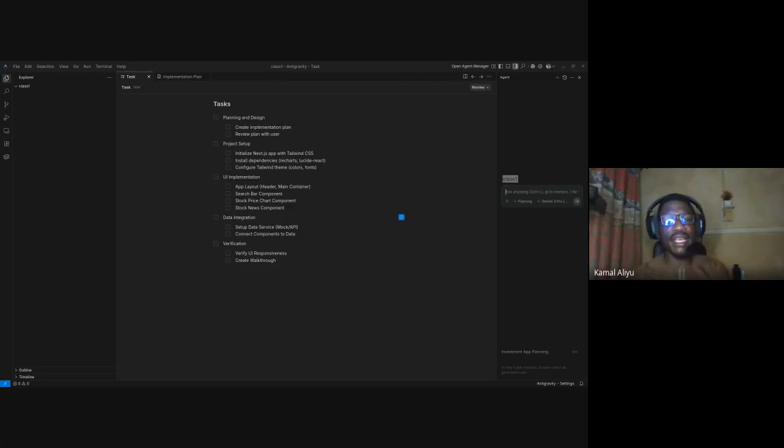If you cannot paste, click on this plus sign and upload your image. You can also mention a file, a folder, anything, just like other tools, and you can even add a link. So I add an image, and I will say, use this image as inspiration for the UI.